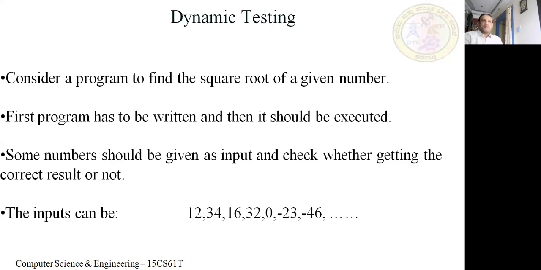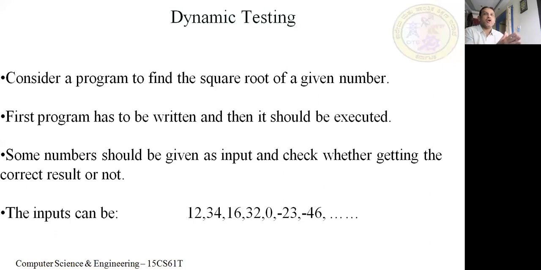Now for this program, how do we do testing? We can test with three types of values: all positive numbers, all negative numbers, and the number 0. When you enter a negative number, your program should immediately give a message that the number is invalid, or that square roots cannot be found for negative integers. When you enter 0, you can say that 0 is an invalid number. These are the different test cases: positive numbers, negative numbers, as well as 0.